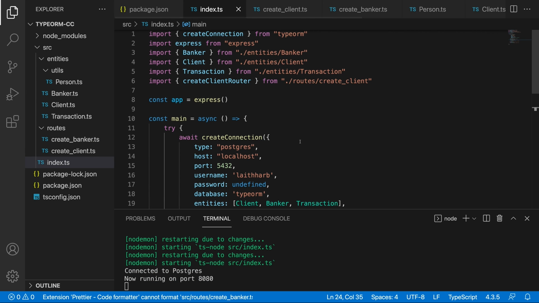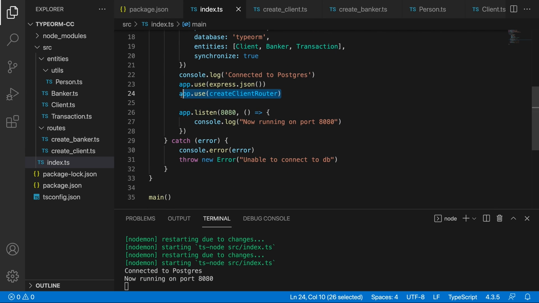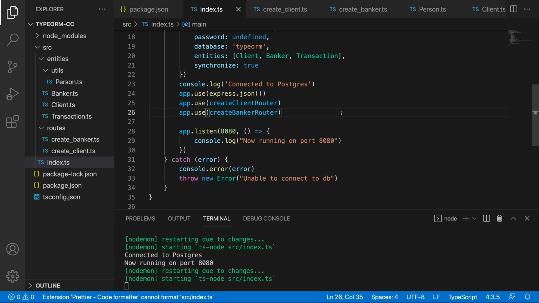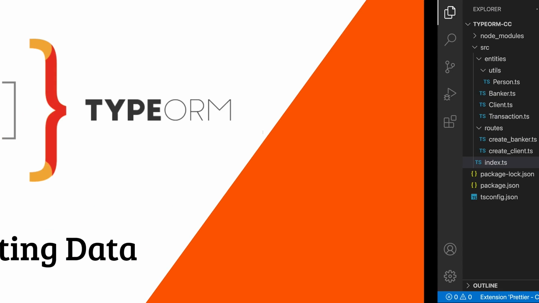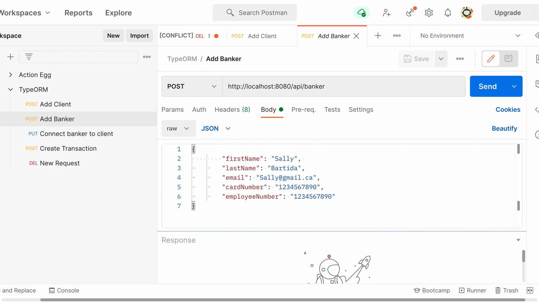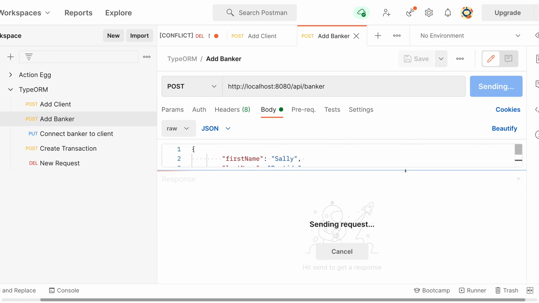So inside of the index.js, very easily now we could just use app.use, and then we can have create banker router. It didn't auto import, now it did. Okay, cool. That's really all we have to do. So now if I were to make this request, so if I go to my body, I have Sally, Bartita, and then we have the email, the number, as well as the employee number. If I were to make this request, it completely